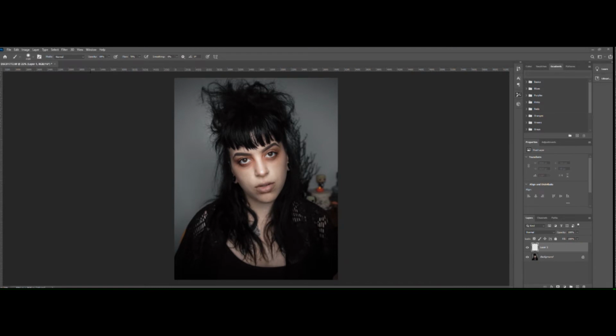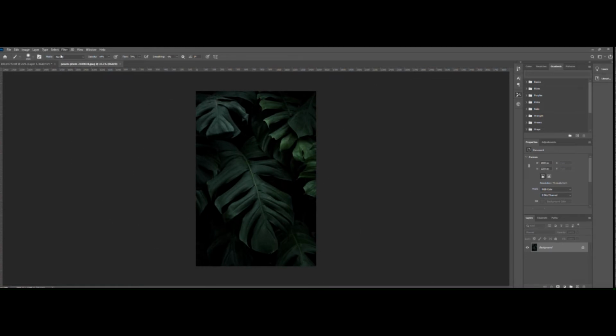So for the Photoshop portion of the video, I've already done some basic skin smoothing and I've cropped the photo. I can definitely show you guys this in a different video in the future. Just let me know in the comments below if that's something that you would want to see, some basic skin retouching. Alright, so what I am doing, for some reason, my screen capture didn't capture any of the drop down,